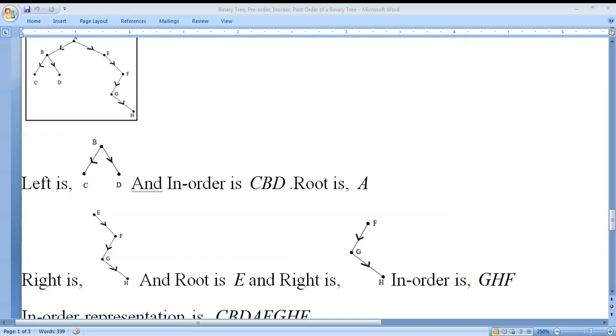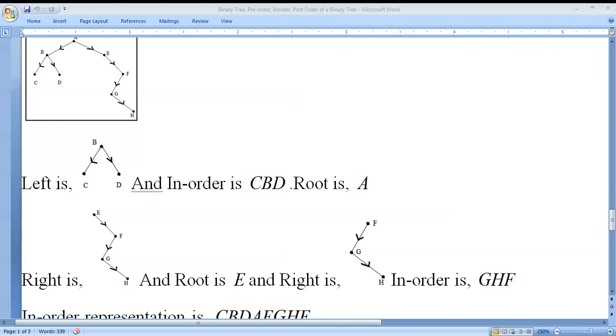The right subgraph is also shown separately in the next line. It has vertices E, F, G, H. Now we need to work on the right subgraph. It follows the fashion left, root, right. The right subgraph does not have a left, so it has root E. So root E is also shown. Then we need to work on the right subgraph, which is also shown: FGH.